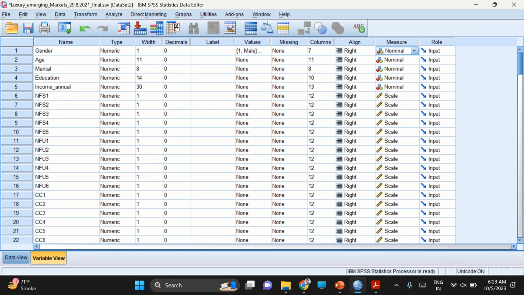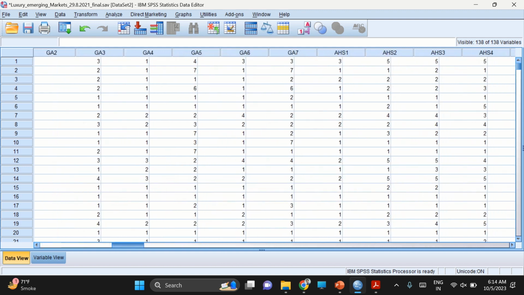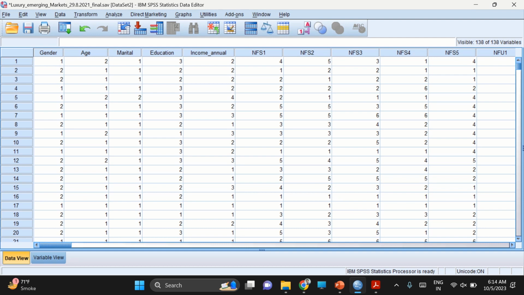The moment I shift from variable view to data view, you can see the variables are listed on the top. When you pick any one questionnaire, say respondent one, the very first questionnaire, insert all the values horizontally and then go to the next respondent. This way we have taken all these variables. Now, as I already mentioned, need for status here is a multi-item scale. Brand involvement is a multi-item scale. So first we need to take the average of all the items being measured under the construct